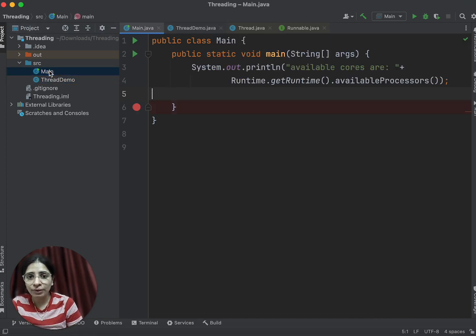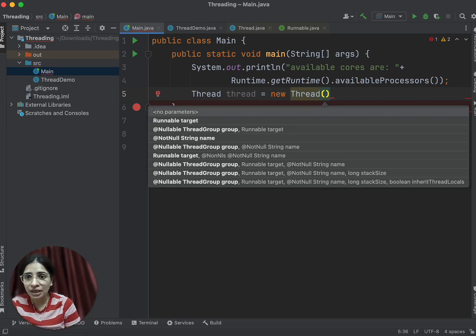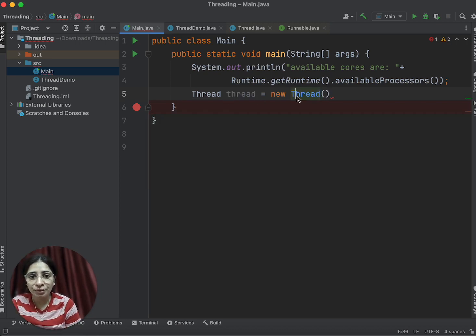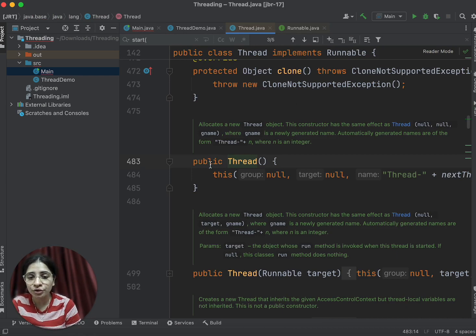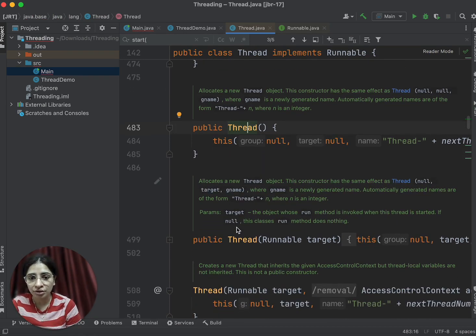I'll go back into my main, and here in my main I'll try to create an object of Thread. I'll say Thread thread equals new Thread, and then I can pass an object of Runnable. If you remember, whenever you want to create an object of Thread, you have multiple constructors. There is one constructor which can take Runnable in it.